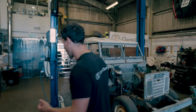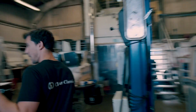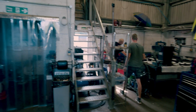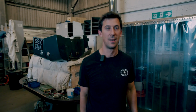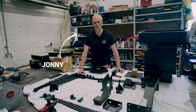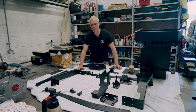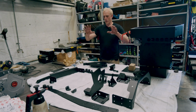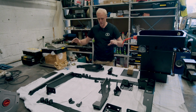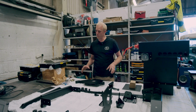Johnny has been working on the metalwork, getting this ready. So that's over in this corner, getting prepped, and over the next day or so, we're going to be getting that bolted in. As you can see, all of our stuff's back from the powder coaters, the stuff that you saw Rob welding up last time. So we've got all of the mounts, transfer box mounts, rail kits, cross members, motor mounts, and